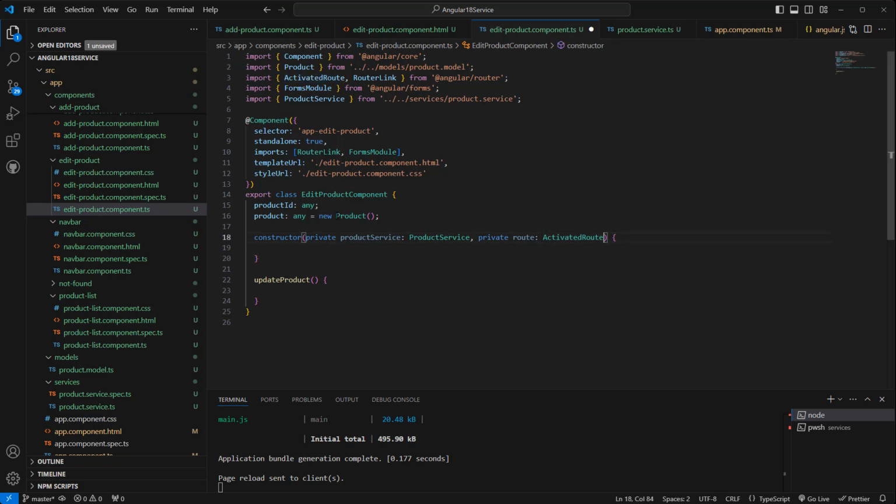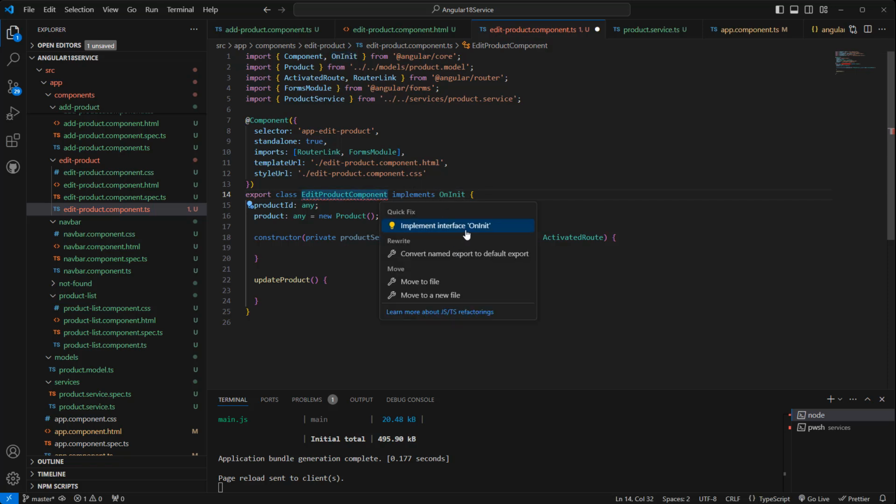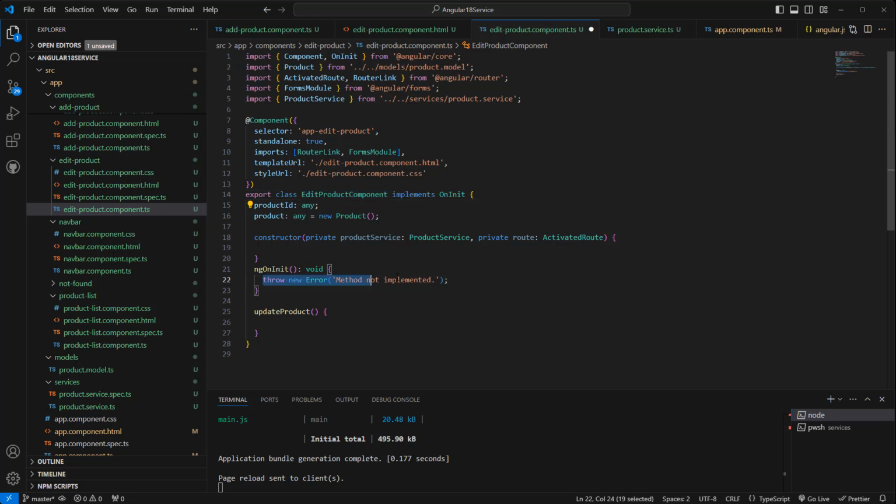So what I can do here is implement OnInit. I can implement the interface ngOnInit. So here this.route